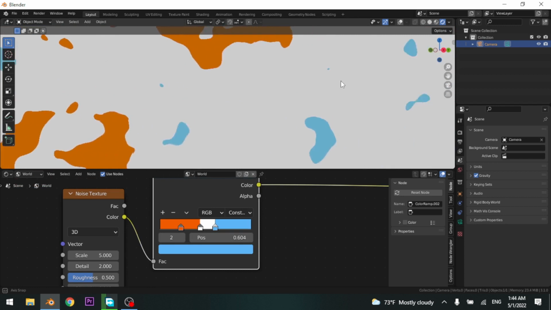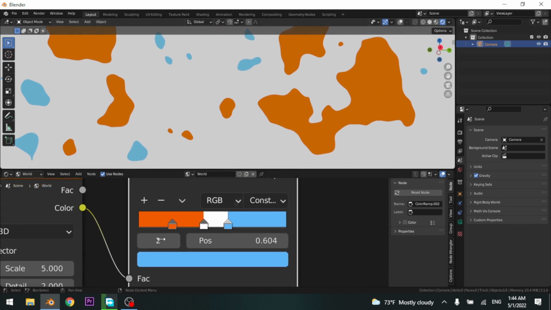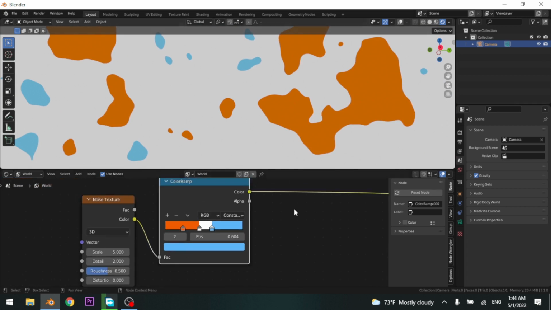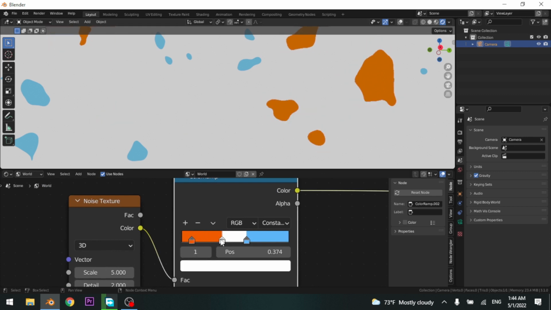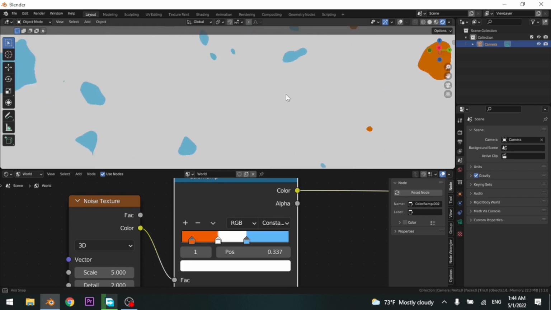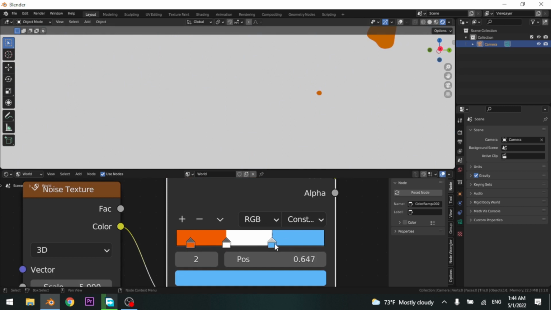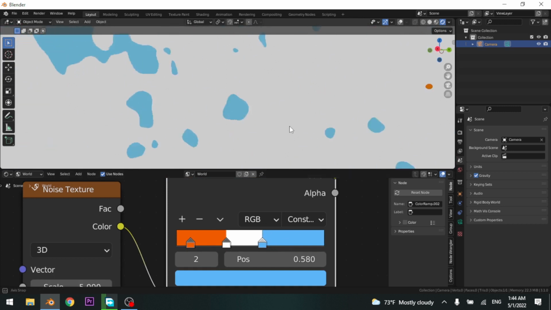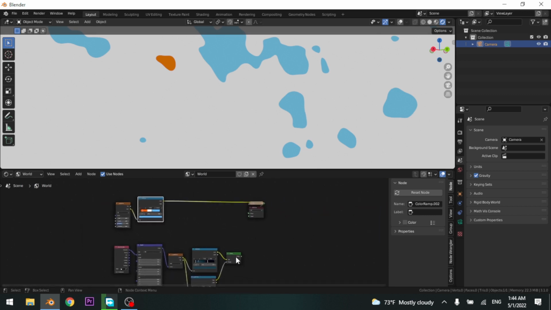As you see now, we are getting some pretty good effects. But as you see in this picture, there are not many orange or red colored stars in the sky, so I will drag this just here. We want to add just some of them, and just tweak these values to get your desired format or color of your stars. After you did that,